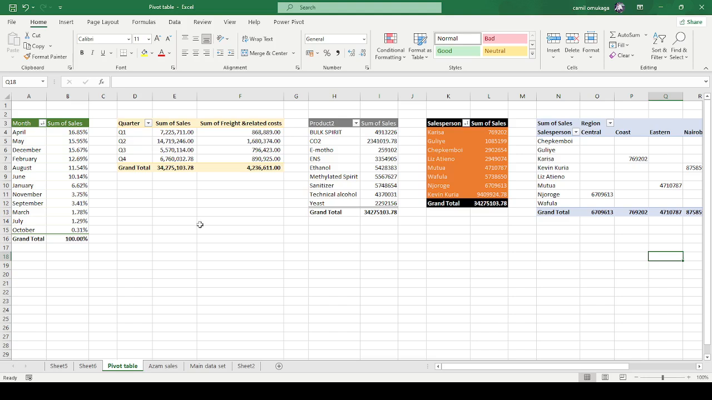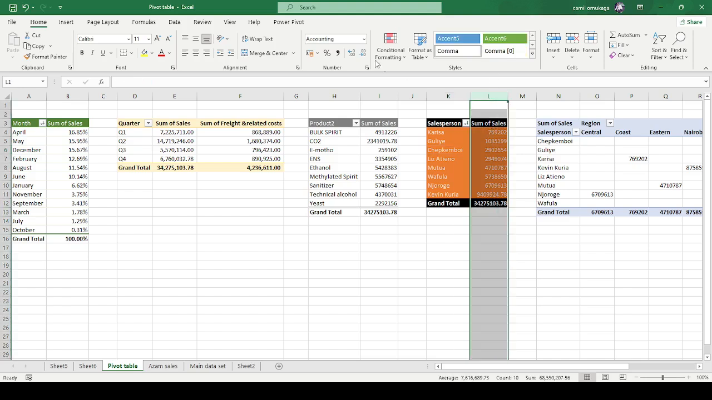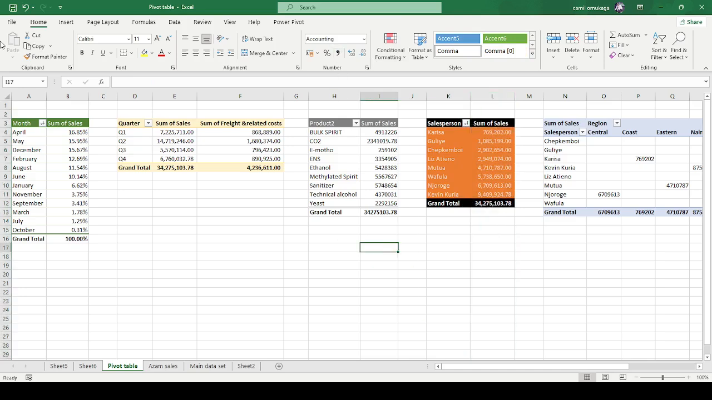So now we want to see how we can create the pivot charts. We can start with this first pivot table for the monthly sales. We have this one for the quarterly sales, this one for the product sales, and this one for the salesperson. Let me sort. Okay, it is sorted in that particular order. So what I want to do,